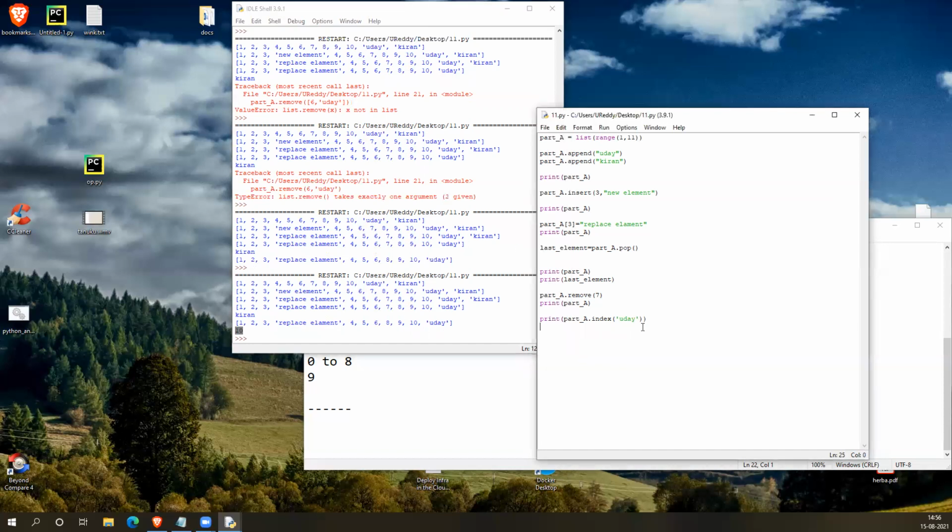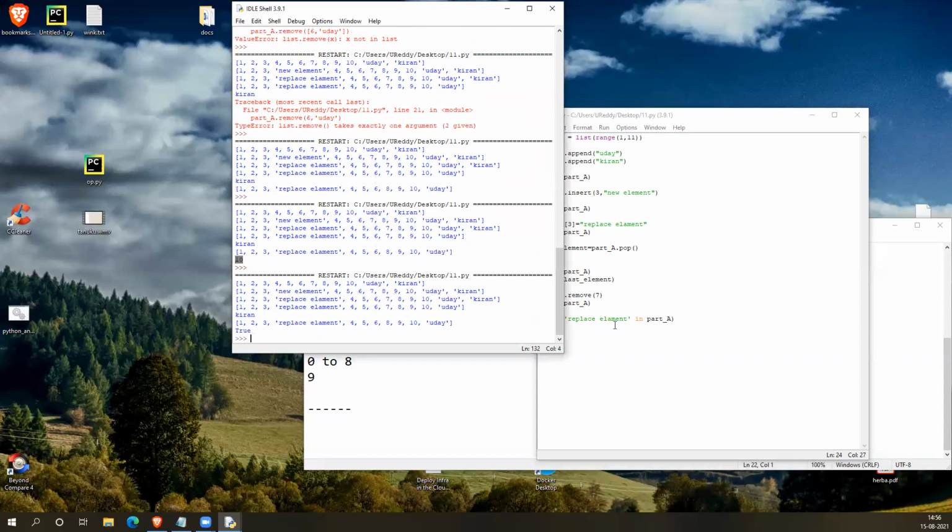If you want to check the existence of an item, let's say I want to check whether the replace item element exists in this one. It will print true or false whether it exists or not. So let me change it, add some more space.